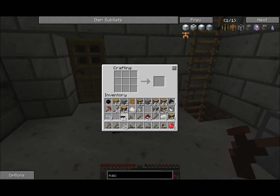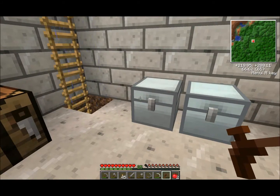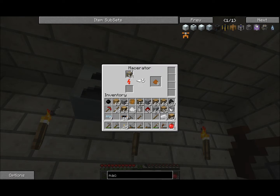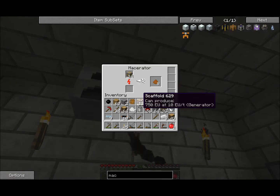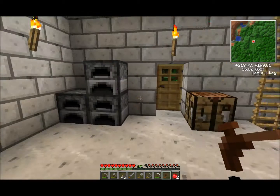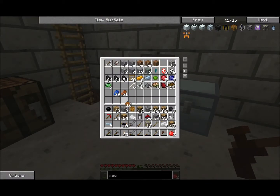We will make 1 more circuit. Yes. Whoops. That's the wrong thing. I need the battery, but I also need a... When this is done, I'm going to interrupt this process. Because I need